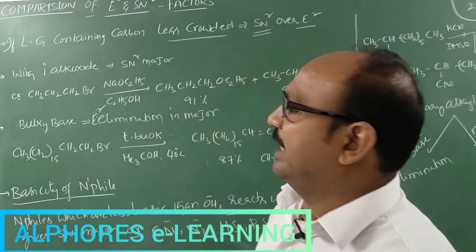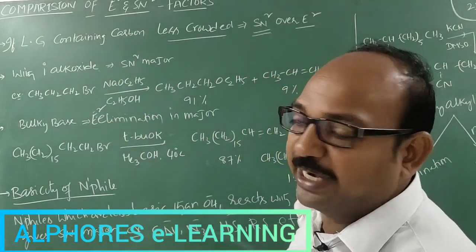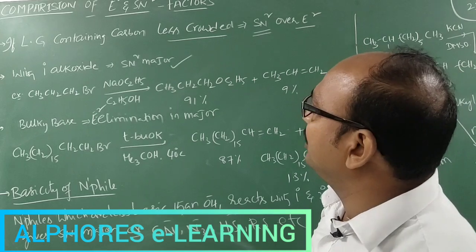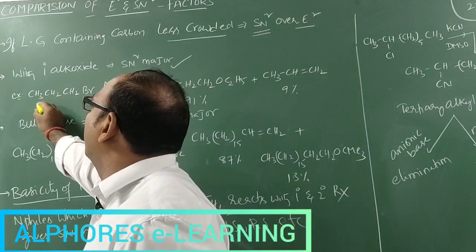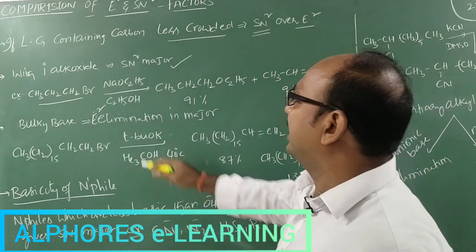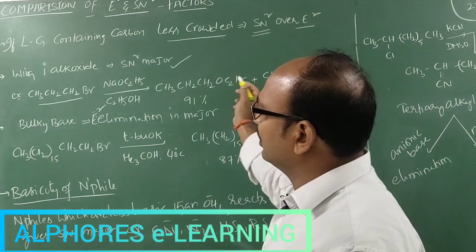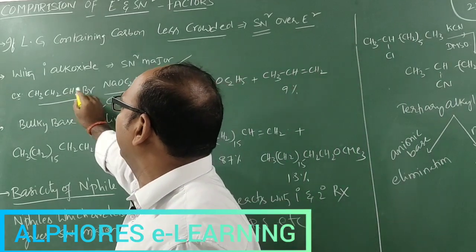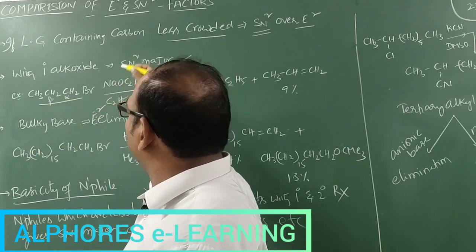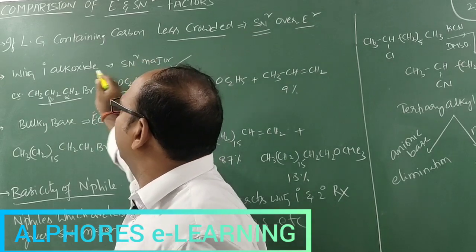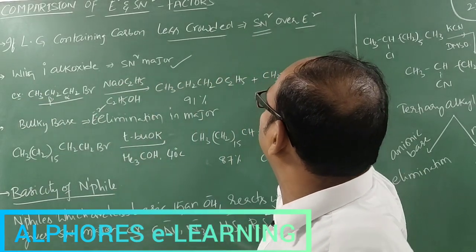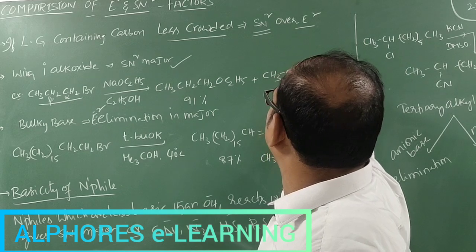With a primary alkoxide, if the attacking one is an alkoxide and primary, then it prefers SN2 as major. Consider 1-bromopropane upon treatment with sodium ethoxide and ethyl alcohol. There are two possibilities with respect to this bromine containing, means leaving group containing carbon. Say this one is alpha and this one is beta. Now if OC2H5 minus comes and attacks the beta carbon containing hydrogen, in such a case we are getting the elimination product, that is the E2 product.